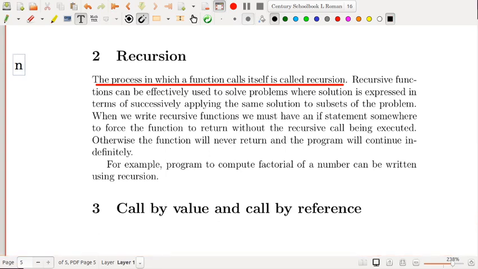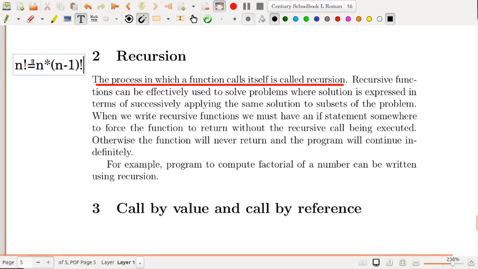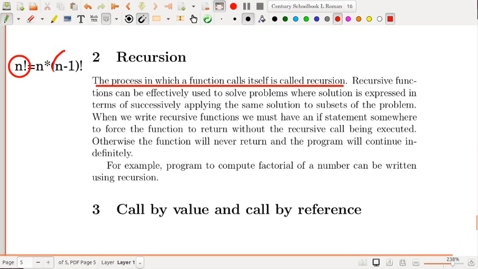All of you have done this in your higher secondary studies, you remember that factorial n can be written as n multiplied with factorial of n minus 1, right? Here factorial is a function. So to find out factorial n, we are again using the function factorial itself.